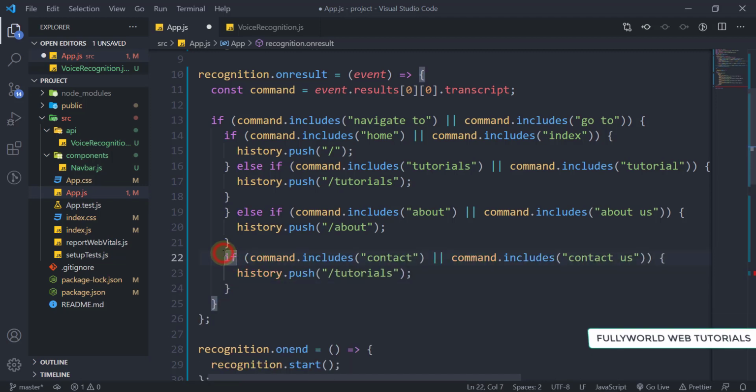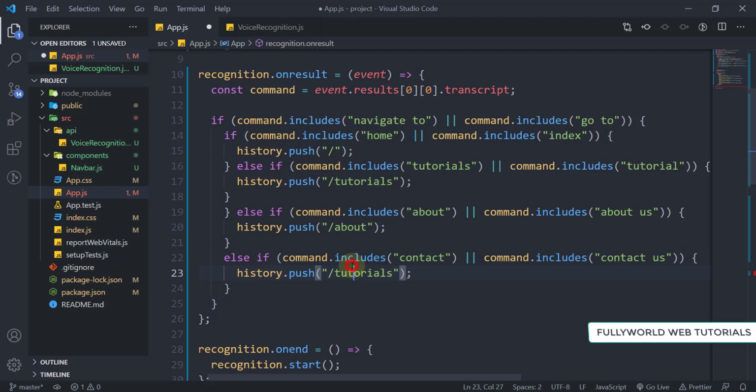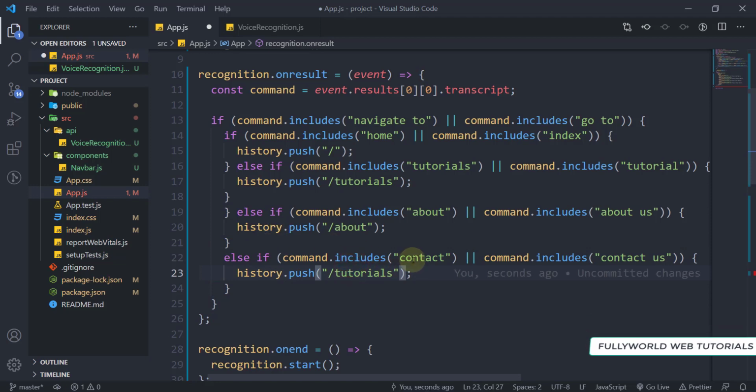If here I'm going to write else if, so this everything is working now perfectly. So here contact us, then we are going to move to our contact here.